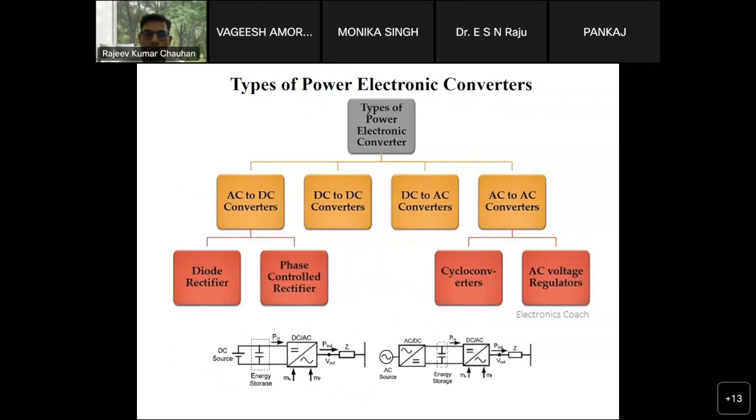So these are the different types of power electronic converters that we use for interfacing any DER. We usually have 4 types of converters: AC to DC converters, DC to DC converters, DC to AC converters, and AC to AC converters. We rarely use the AC to AC converters because of the higher number of switches, and designing the control for a higher number of switches is going to be complex as well as costly. That is the reason we always prefer the 3 converters, that is AC to DC, DC to DC,